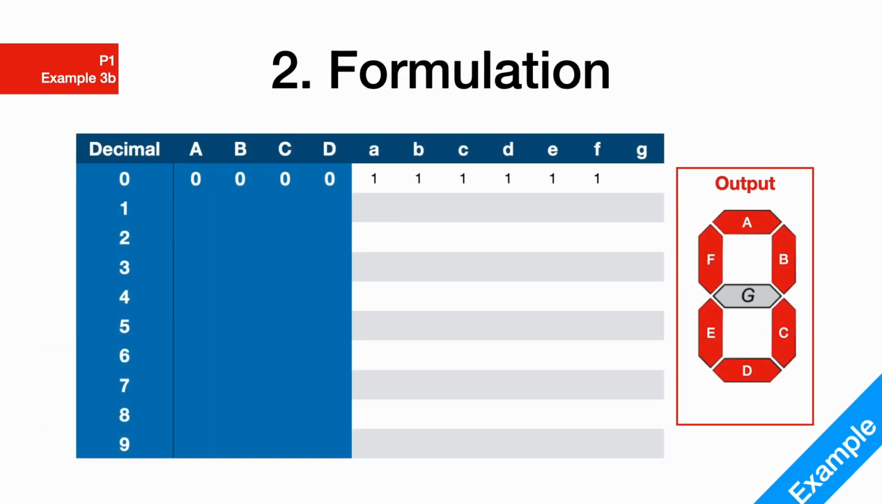Here we have created a table with all of the decimal numbers on the input side, as well as its BCD representation, A, B, C, D denoted. And then on the output side, we have shown you a graphical representation of what the output would look like. For example, for the decimal number 0, the input BCD sequence should be 0, 0, 0, 0, and the output